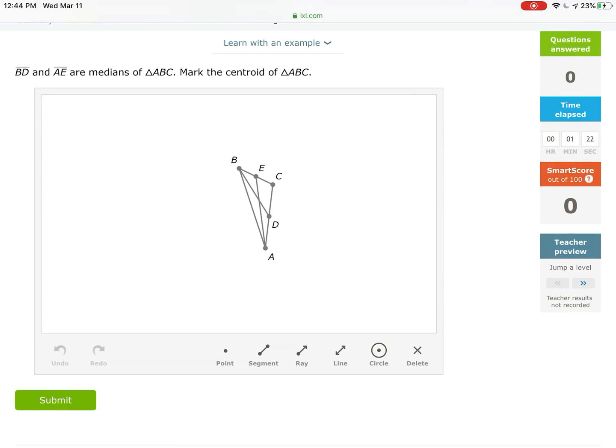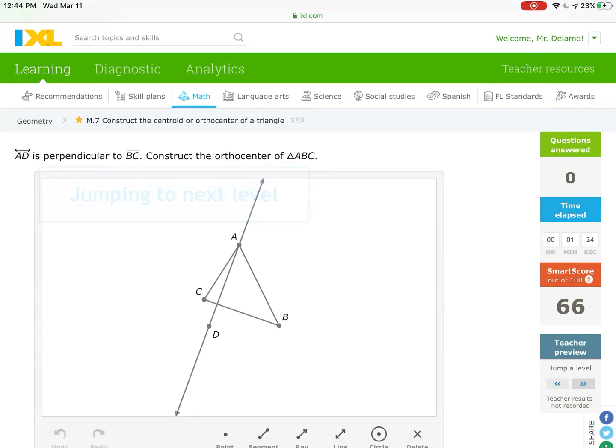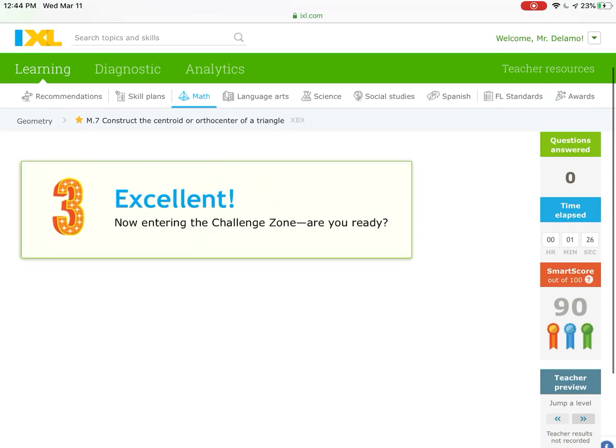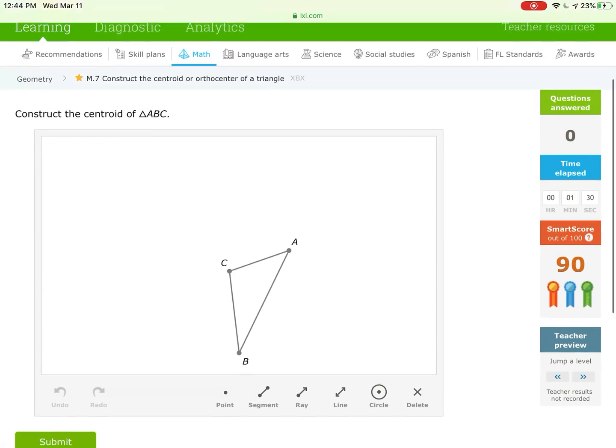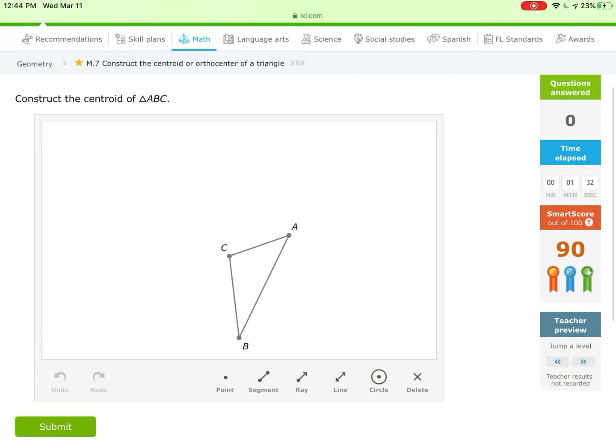So what I'm going to do is kind of like the last video. I'm going to go to where we're supposed to go through all the steps ourselves. All right, so this is a good one right here. All we have is the triangle, and we're supposed to construct the centroid. So again, the centroid is associated with the